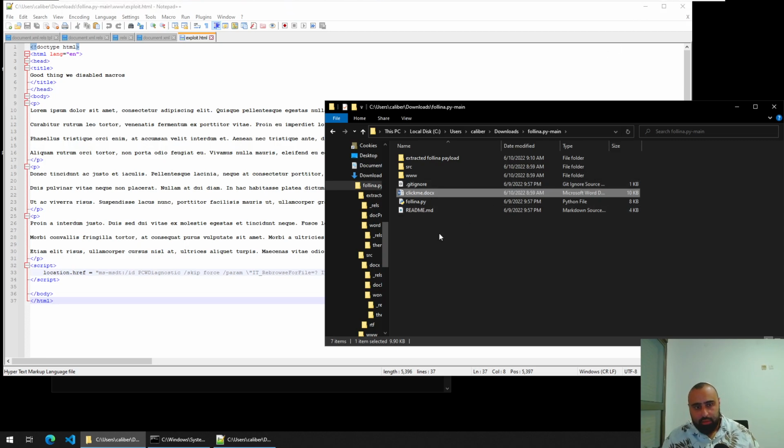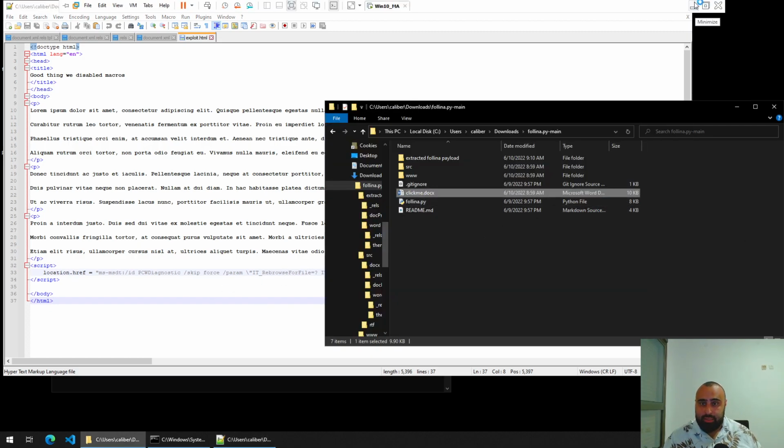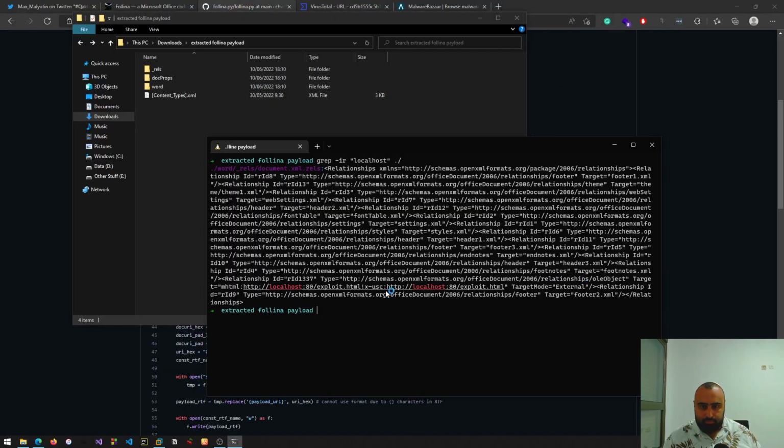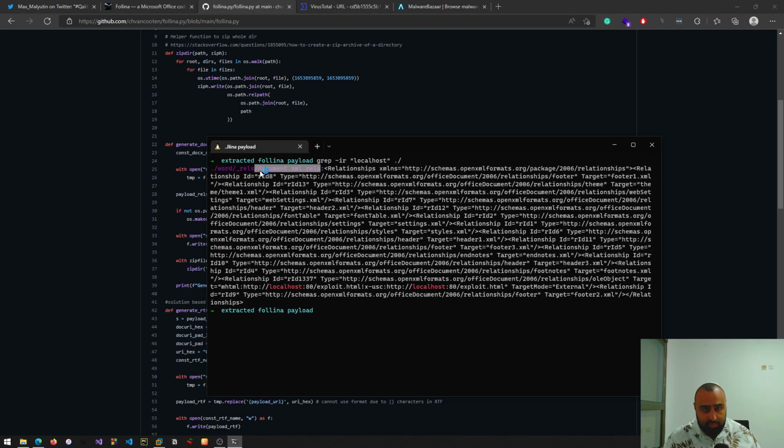Okay, and I wanted to understand, okay, so this is executed, but what is the actual trigger? Download and execute this from this docx file. And basically it happens here, document XML Rails, which is the added payload URL, which was added to document XML Rails. So basically that's the URL, which we can see here, inside the ClickMe docx file, of course, and it executes this mhtml